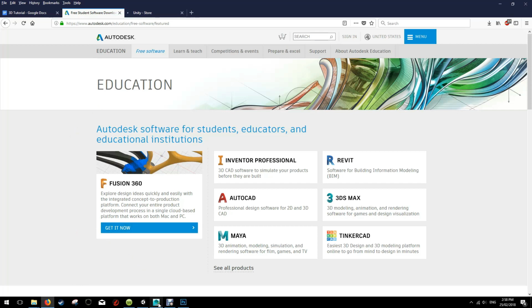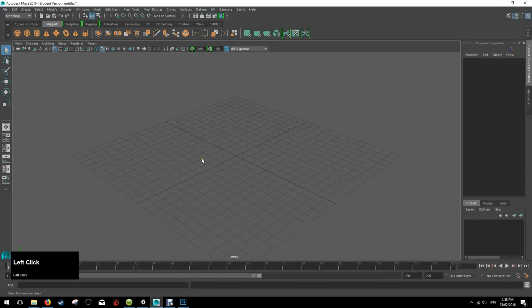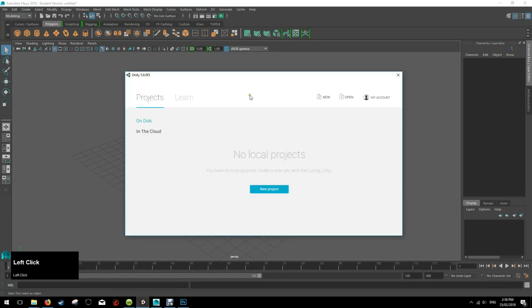So we're going to start with Maya, but first I'm going to tell you how Maya will integrate with Unity. You're going to want to start up Unity, and you're going to have to log in, and then we're going to create a new project. So we're going to go to the New Project button here. We're going to store it on the disk. So you're going to go New,